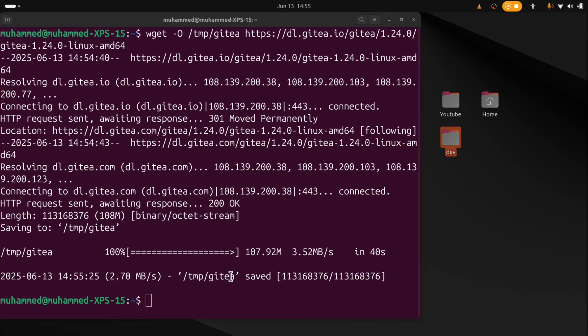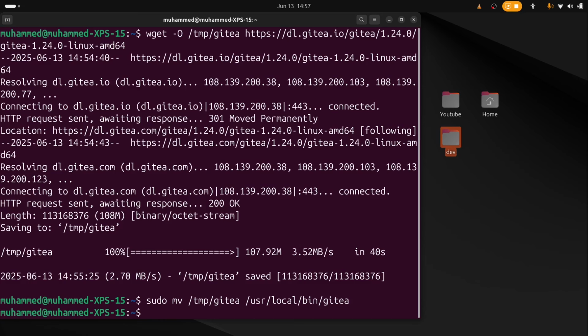Now that it's downloaded, we are going to make Gitea available system-wide. So we can do this by moving the downloaded application with sudo. Then we are going to add the paths to make it available throughout the system. We can run this. Alright, now that it's available system-wide,